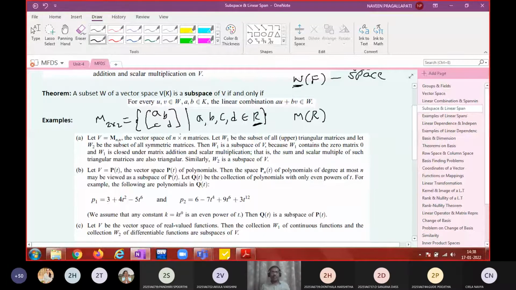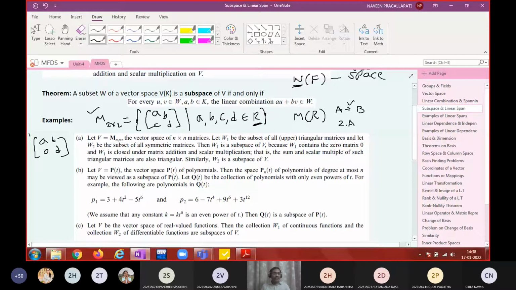Okay, so for this vector space, what are the operations I said? Matrix addition, A plus B, which is vector addition, and scalar multiplication, 2 into A, where 2 is a real number and A is a matrix. With respect to matrix addition and scalar multiplication, this is going to be a vector space. For this you take a subset of the form a, b, 0, d.